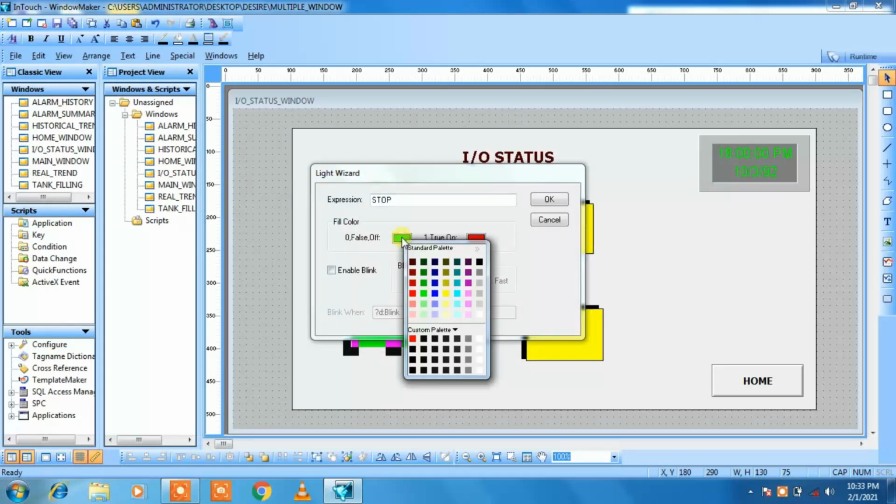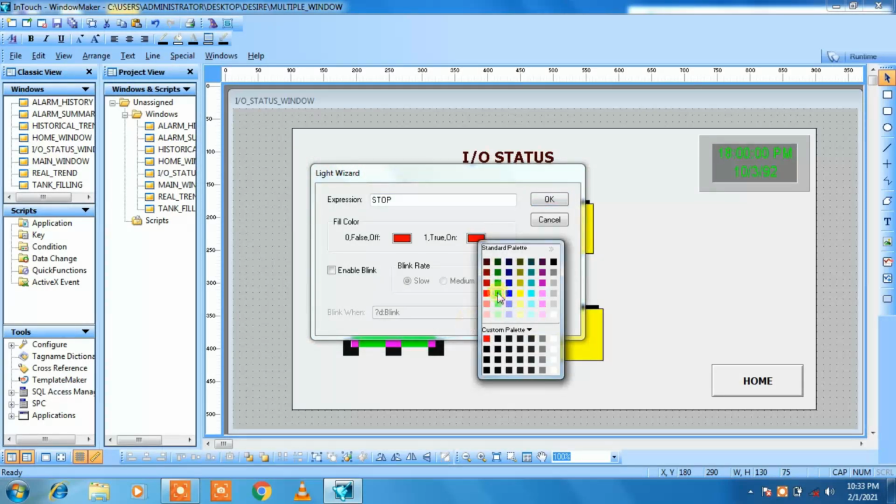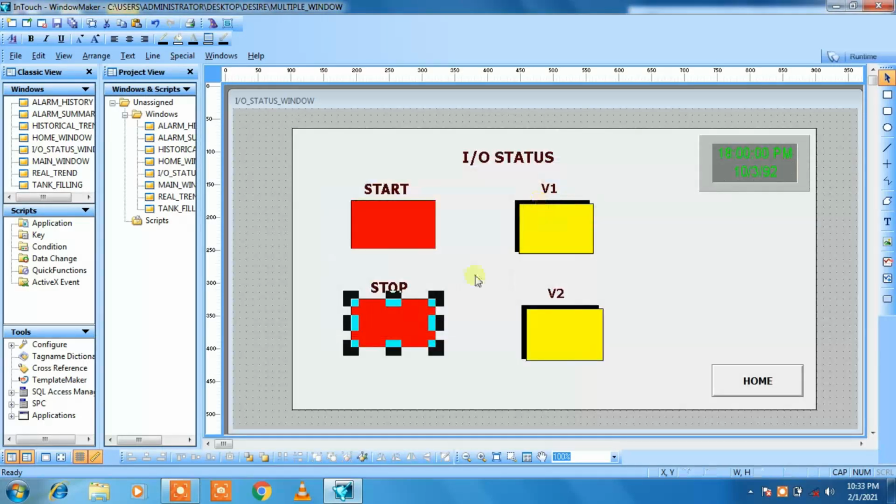When it is in off condition it will show in red color, and when it is in on condition it will show in green color. I want to enable the blinking, so the blinking rate will be minimum, and blink when stop. Let me give stop and then click on OK.